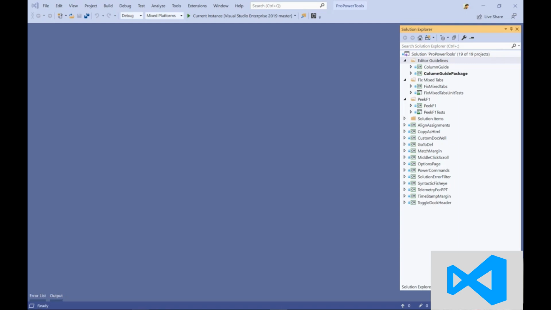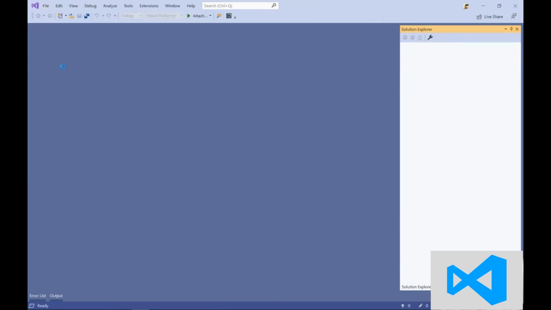Now, this is by no means as big as a lot of the solutions that we see out in the wild, and you probably have solutions that are bigger than this, but this is the biggest one I've got on my laptop right now. So this can take a while to load. The bigger the solution, the more has to load when you open it. So let's see if there's something we can do. I'm going to just close the solution,